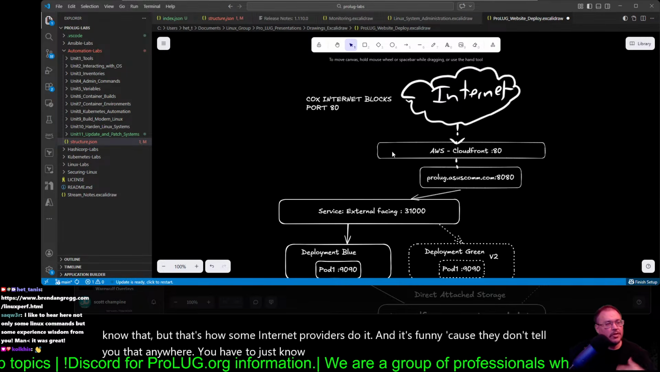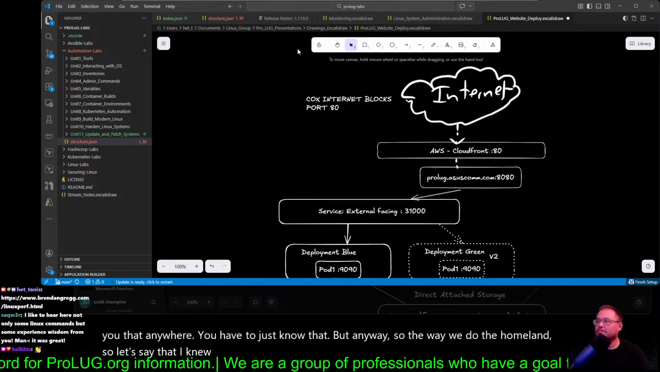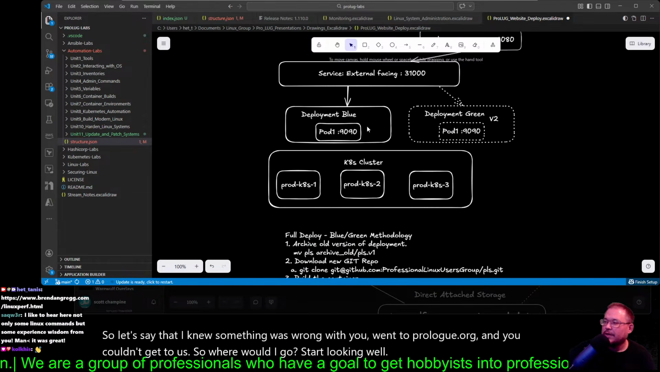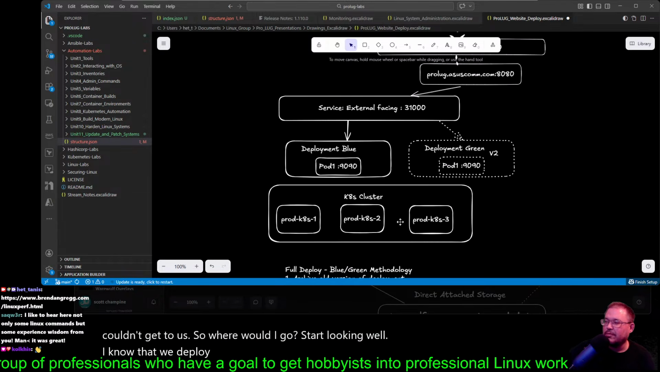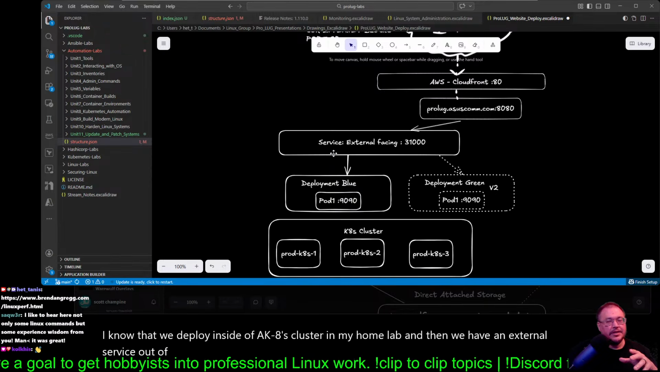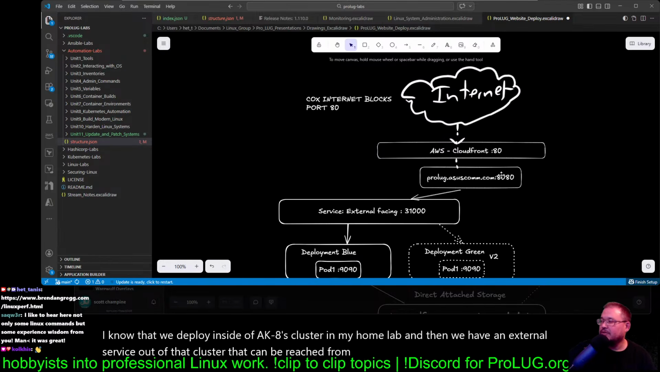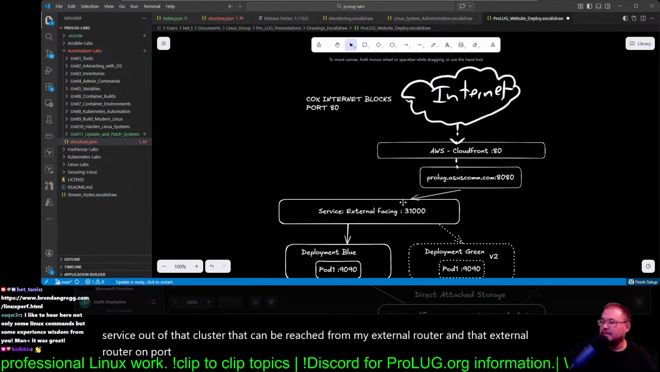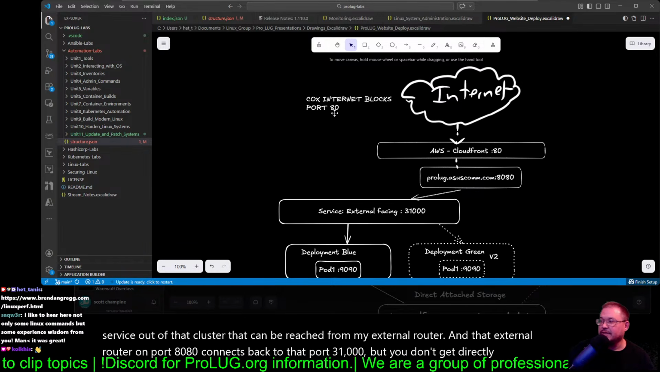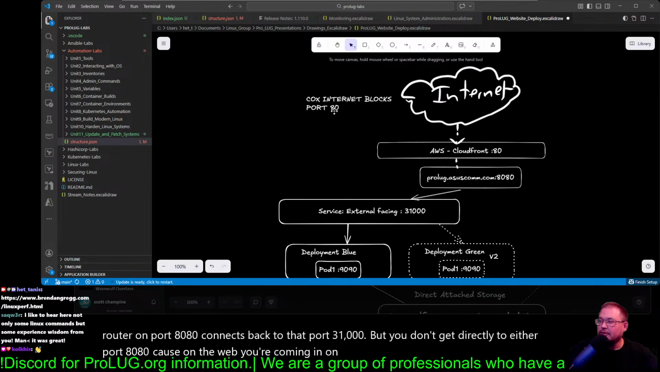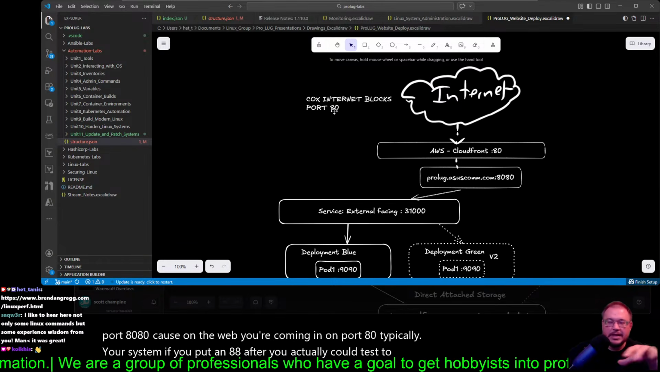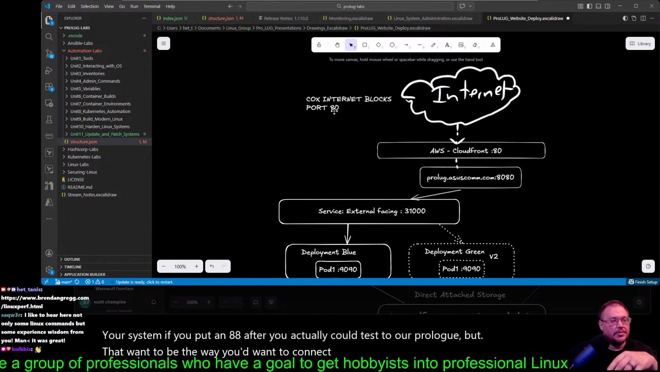But anyway, so the way we do the home, so let's say that I knew something was wrong, you went to prolug.org and you couldn't get to us. So where would I go start looking? Well, I know that we deploy inside of a K8s cluster in my home lab. And then we have an external service out of that cluster that can be reached from my external router. And that external router on port 8080 connects back to that port 31000. But you don't get directly to port 8080, because on the web you're coming in on port 80 typically. If you put an 8080 after, you actually could test to our ProLUG, but that wouldn't be the way you'd want to connect, because you really just want people to be able to go to prolug.org